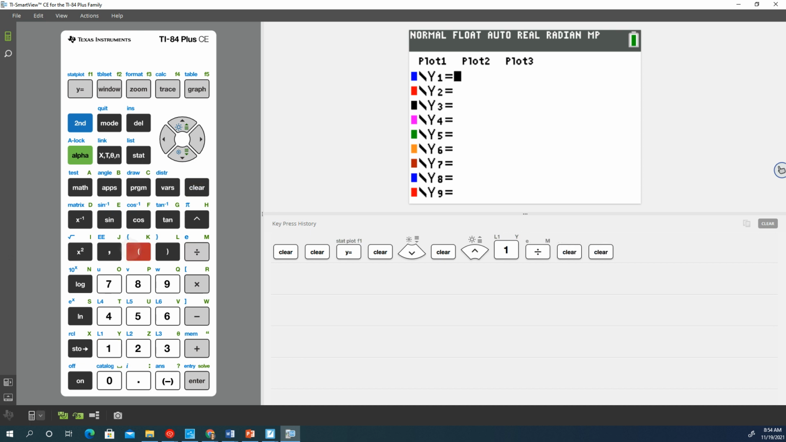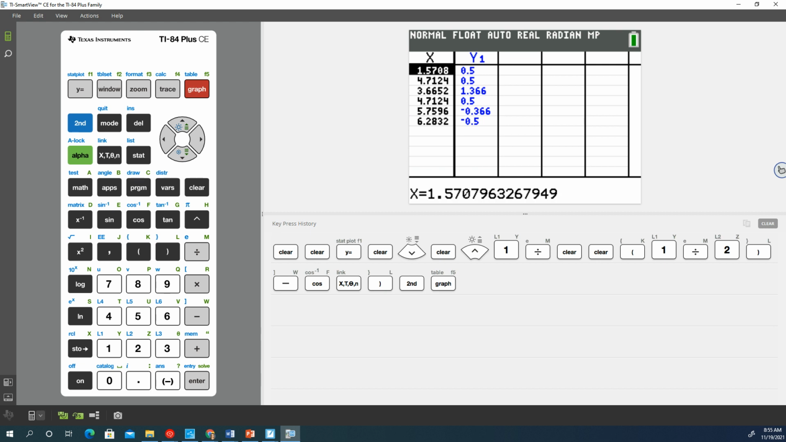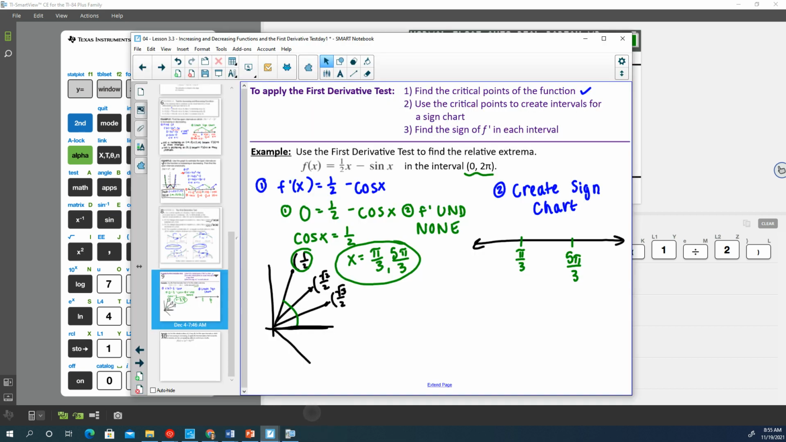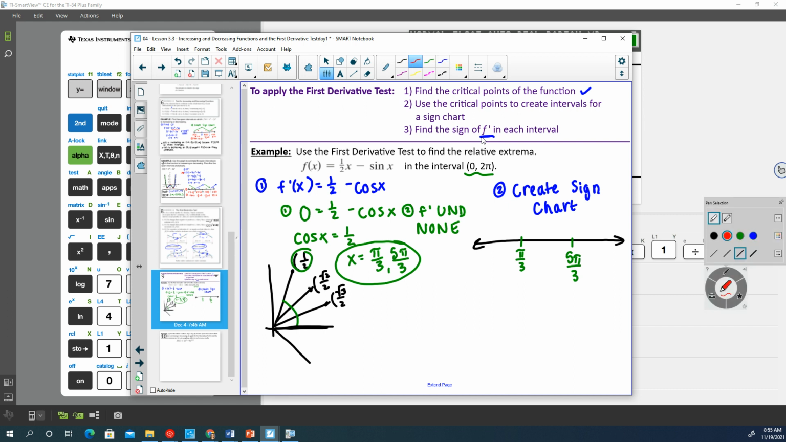Let me do parentheses actually. 1/2 minus the cosine of x. And then I will just type in what I want to test here, and it'll give me the values right away. So if I want to test something to the left of pi over 3, I would probably do 0. And remember, we're finding the sign of the derivative. So we're testing them in f prime, our derivative function. That's our third step. Test in derivative. So I'd probably do